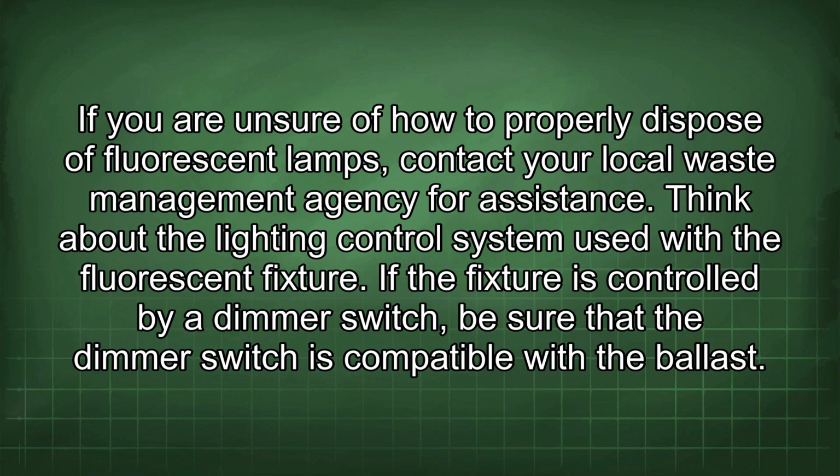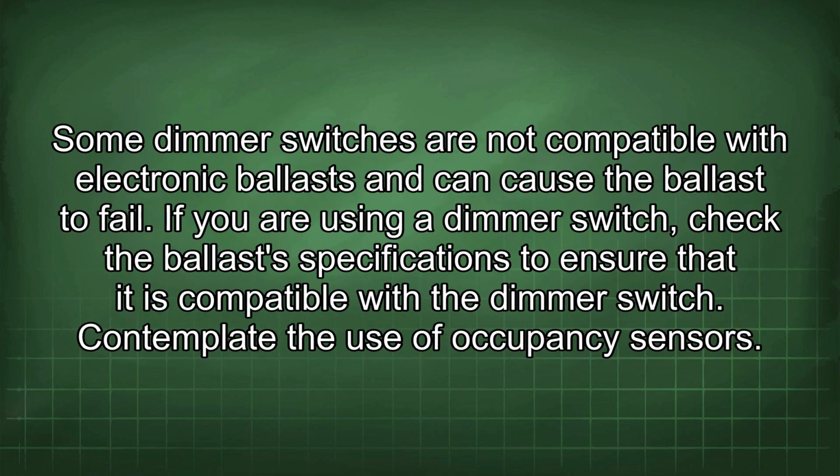Think about the lighting control system used with the fluorescent fixture. If the fixture is controlled by a dimmer switch, be sure that the dimmer switch is compatible with the ballast. Some dimmer switches are not compatible with electronic ballasts and can cause the ballast to fail. If you are using a dimmer switch, check the ballast specifications to ensure that it is compatible with the dimmer